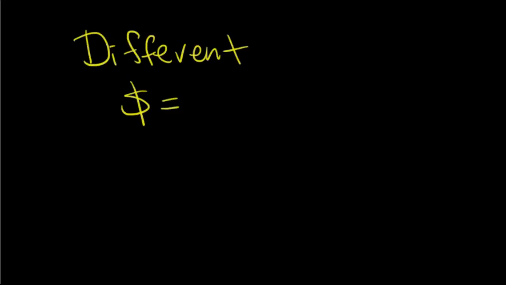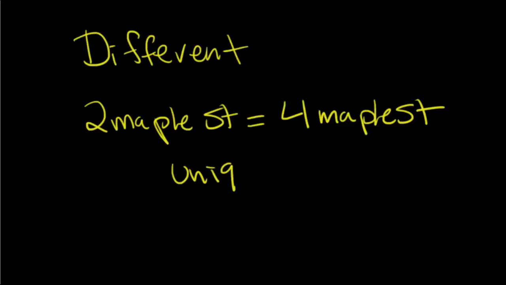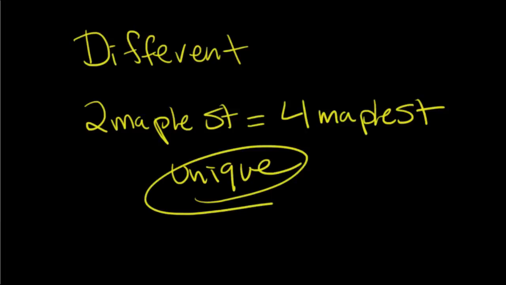I guess that's not what I wanted. I didn't want to write a dollar sign there. I wanted to write, actually, one property at 2 Maple Street, and there's another house at 4 Maple Street, and they were built on the exact same day by the exact same builder. They're still just a teeny bit different. They're unique. Remember, we talked about that later. Each property is different.